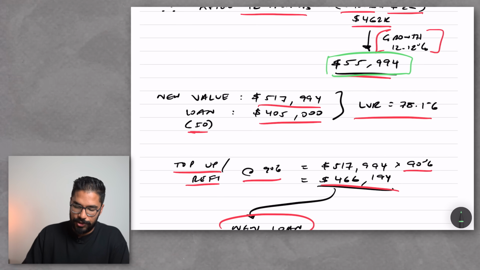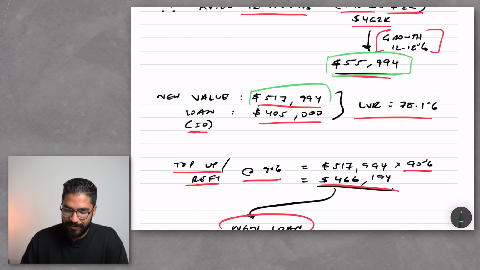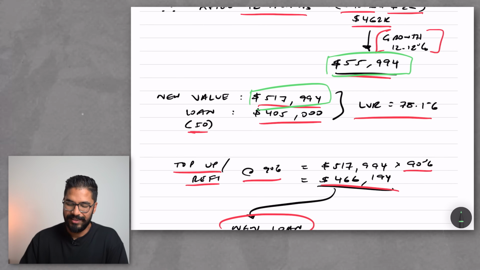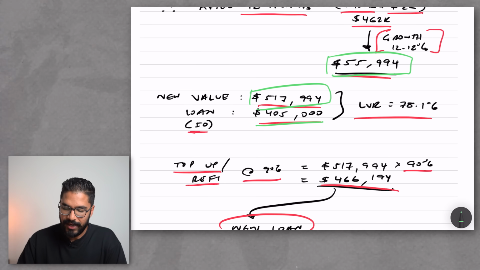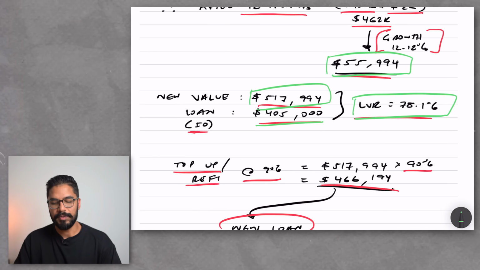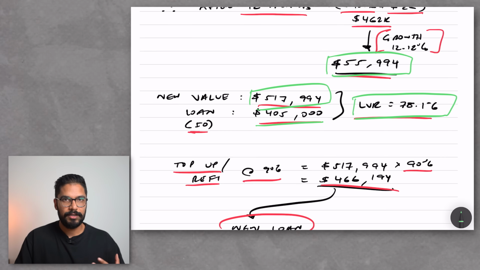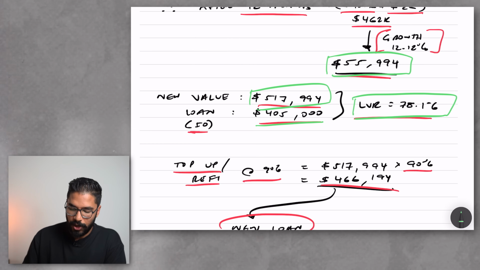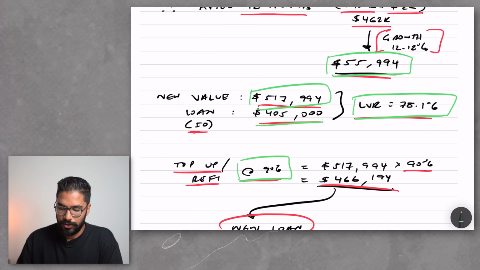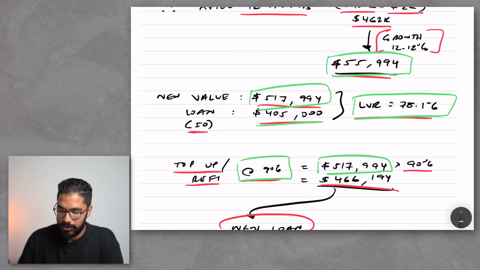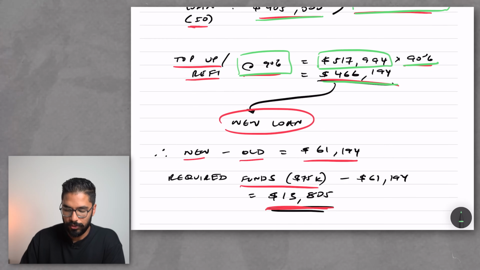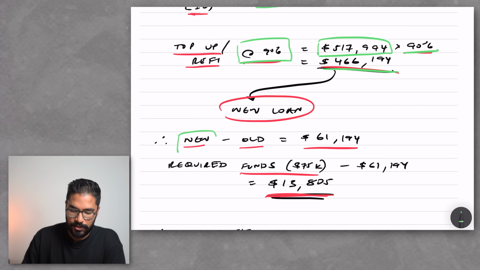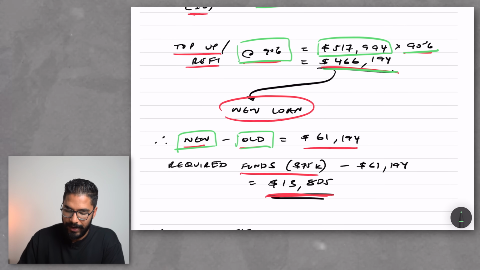Let me explain. So the new value of the property is about $517,000. The loan is $405,000 that we got out initially. And now the LVR position is about 78%. So if we wanted to go in, top up our loan, or refinance to another bank, we could get it at 90%. So what we would do is the new value times 90% equals this number, which is going to be the new loan. So now what you can do is the new loan minus the old loan,